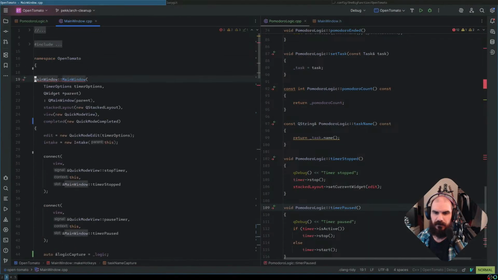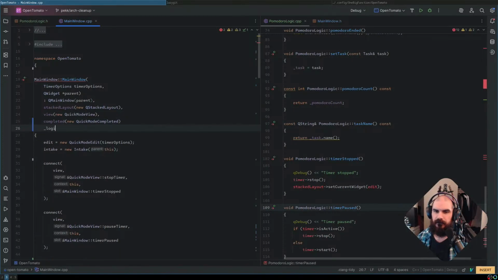Task name capture looks unused. Logic is not initialized. Oh, because this requires timer options. I might have to put that here.